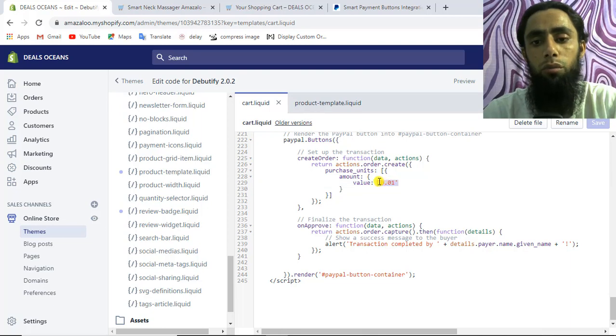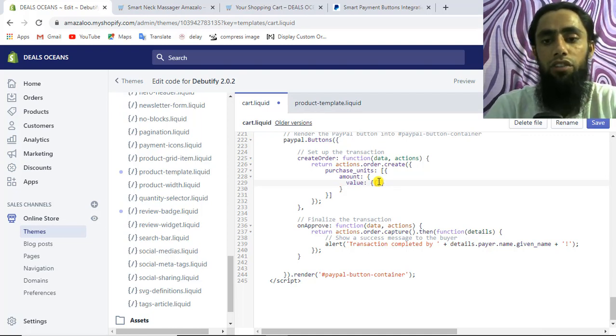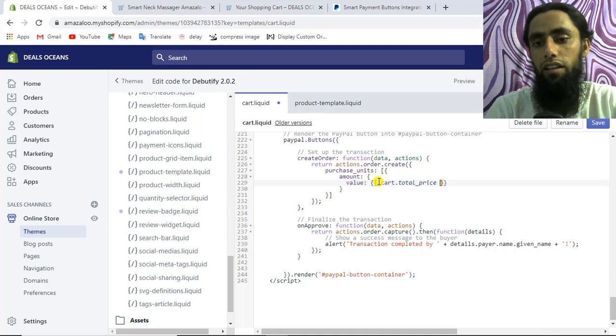So you need to remove this 0.01, which is actually the fixed value. Here you need to write the Liquid syntax, and here we need to add cart.total_price divided by 100.00, right?